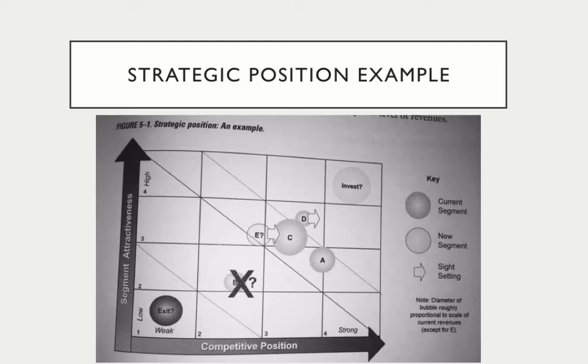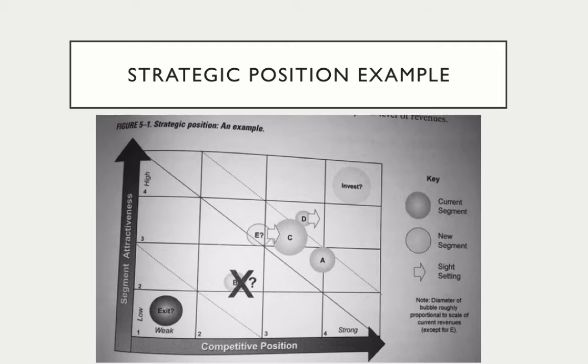All right, so 2 products to 2 customers. So that's 4 business segments, right? 2 times 2 is 4. So you've got 4 business segments there. So these bubbles each represent a different segment, and then what you do is you place it on there in terms of whether it's strong strategic position